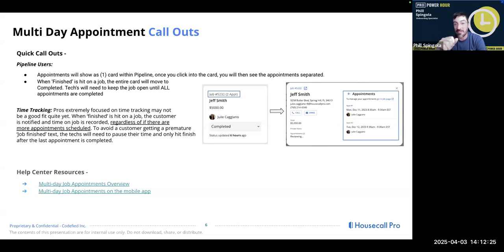I will point this out in the demo, but again, just reiterating that you're always going to see the total time, total travel time, total time on the job. If you do open that up, you can see a breakdown, but the system is always going to default to the total time. This is feedback that has been sent to product managers and developers, so there may be some improvements coming down the pipeline.